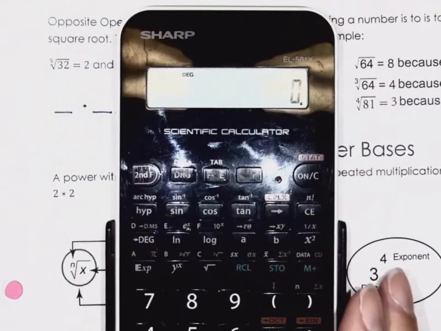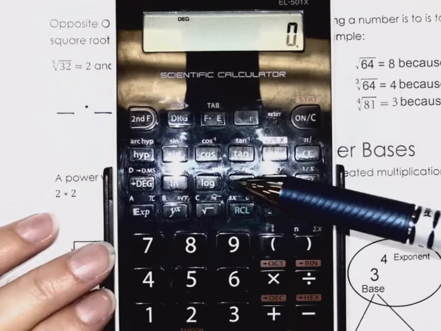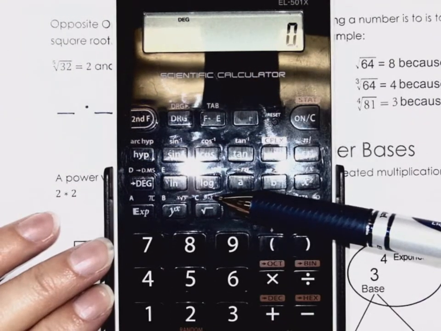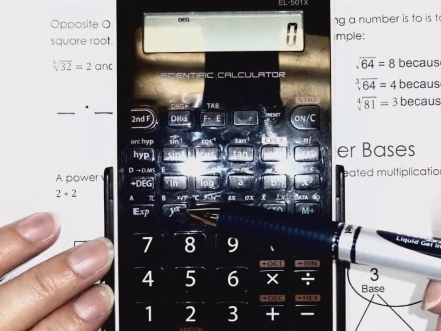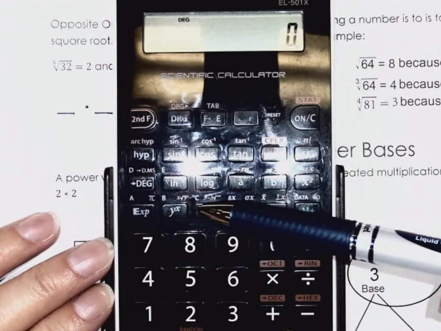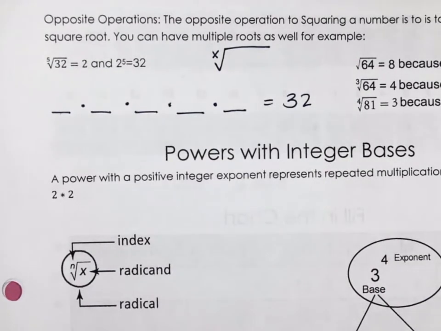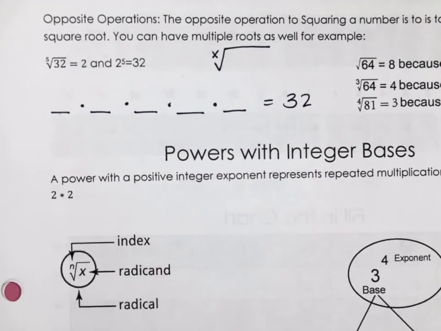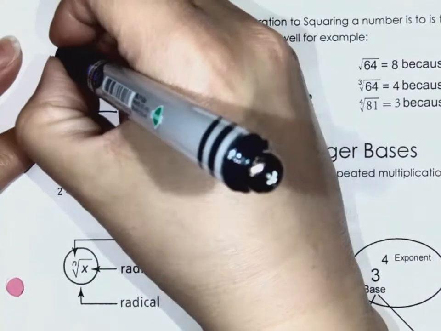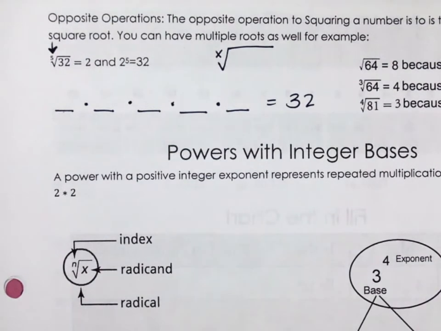Another calculator, you'll see, it's kind of hard to see because I can't zoom in on it, but there's a cubed root one here, and then y to the exponent x, the second function above that is the x root y. That's your multiple root button. So what we have to do in our calculator first is put in what type of root we want, and we want a 5th root. So we're going to type in the number 5,